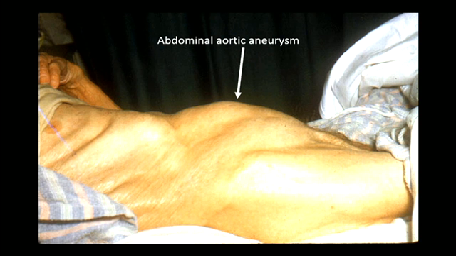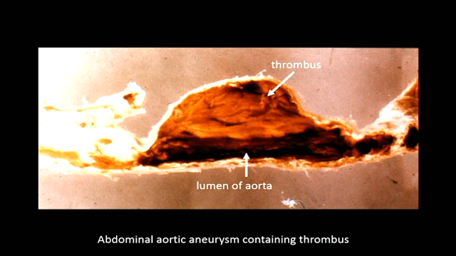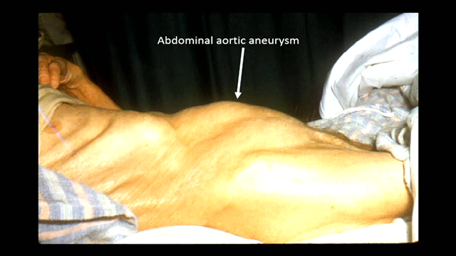You can imagine the complication from that. What would be one of the major problems with just the aneurysm in general, without the thrombus? What do you think? Rupture. Rupture is a really bad thing, but as we'll see, what else do you think from the thrombus? Anybody? We'll find out very shortly. You probably can work it out.